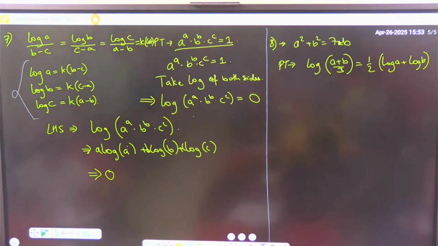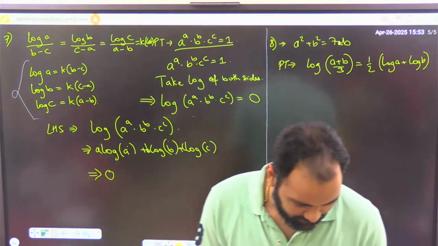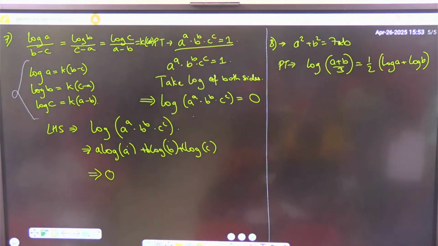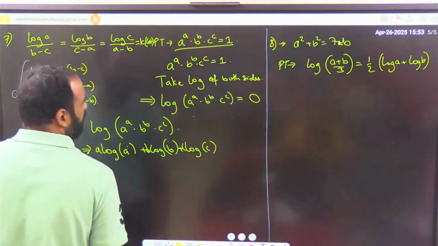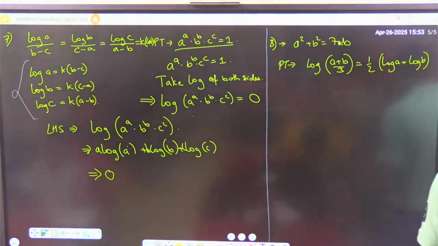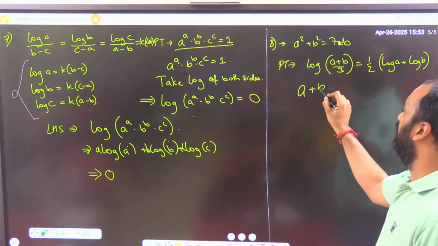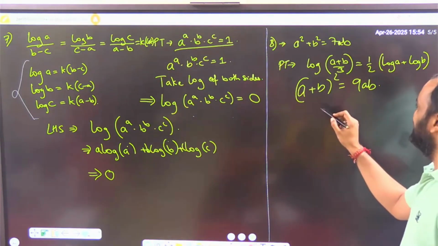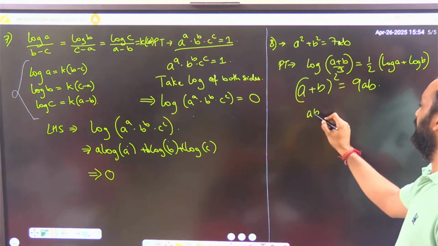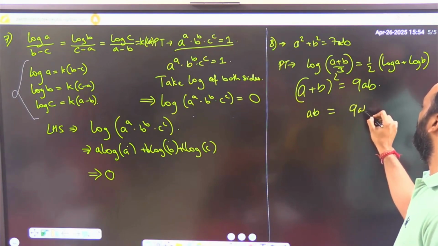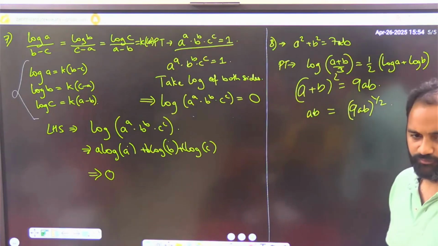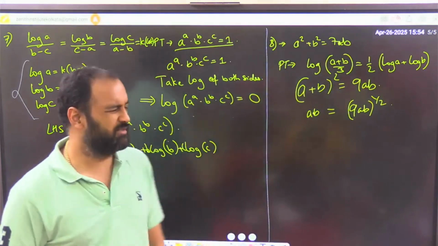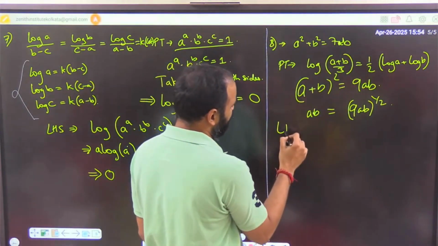Done? Okay, good, great. So as I said, if we add 2ab on both the sides, what does it end up becoming? (a plus b) whole square is equal to 9ab, or that's like saying a plus b is (9ab) to the power half. Or you could keep it as (a plus b) whole square as well. So if we now start with the left hand side,